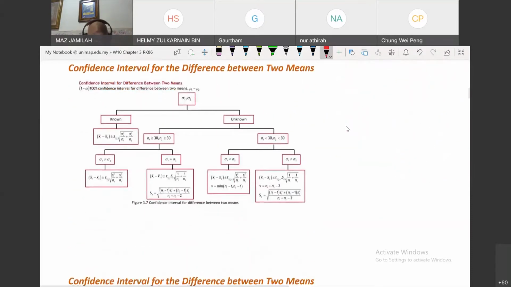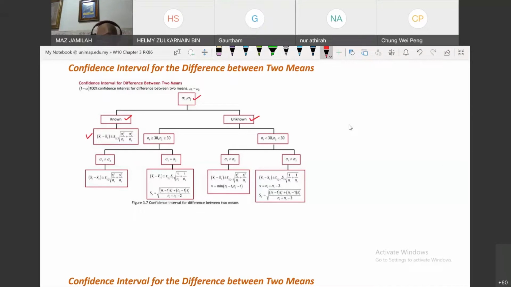Now, as usual, if you are doing the calculation for the population mean, whether you are talking about one population mean or two population means, again, you have to remember there will be a condition for your population standard deviation, whether your sigma 1 and sigma 2 are known or unknown. Okay, if it is known, then you are going to use this for your calculation of the CI. Otherwise, if your n is greater than 30, meaning that n1 and n2 are greater than 30, then you have